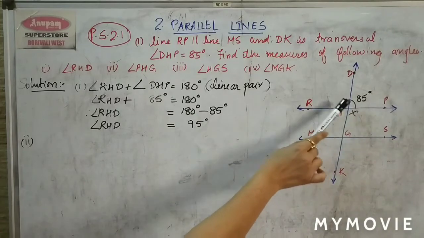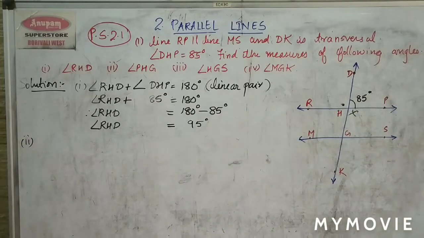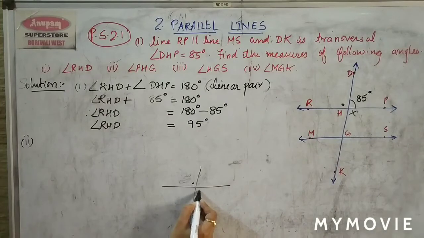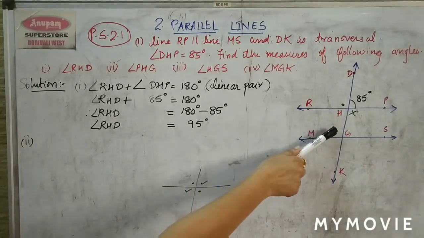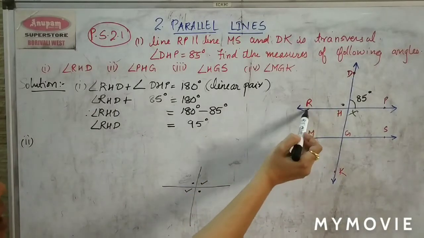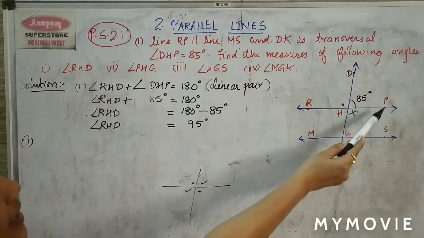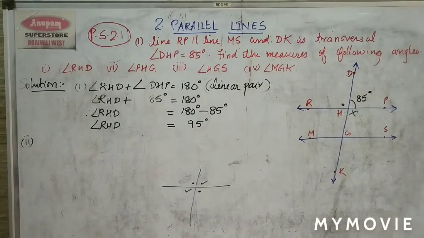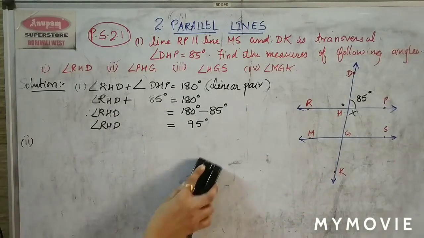So this angle and this angle, can I say they are vertically opposite angles? When two lines intersect, these are the two lines. If you don't understand, intersect means cross each other, or they meet at one point. In that case, the opposite angles are always equal to each other, and that property is vertically opposite angles. Similarly, this angle is going to be equal to this. So we'll apply this logic here and say that angle RHD is equal to angle PHG. The reason will be vertically opposite angles.